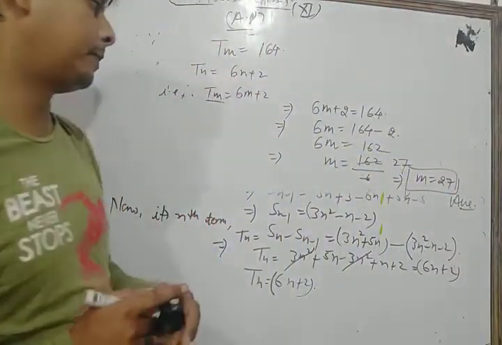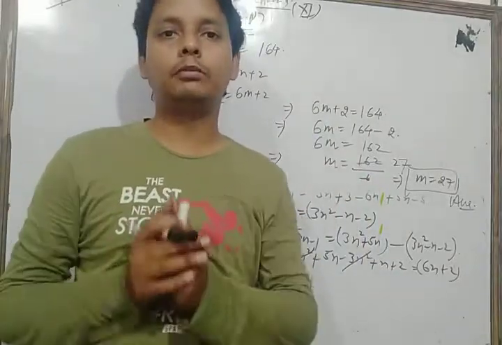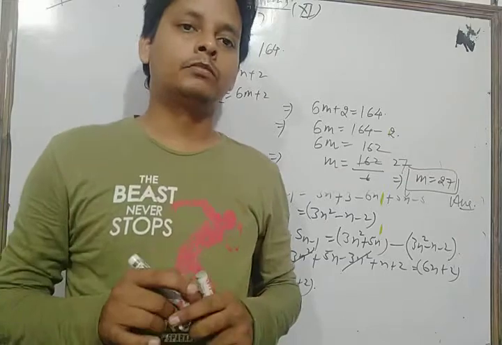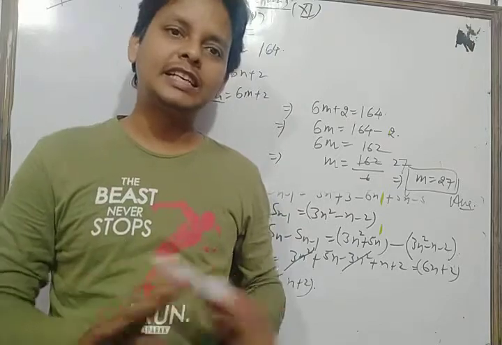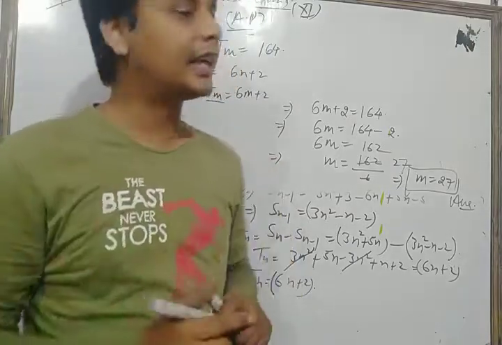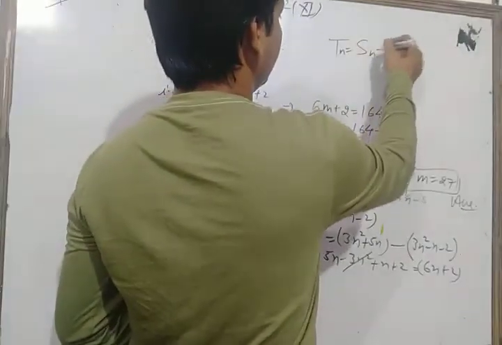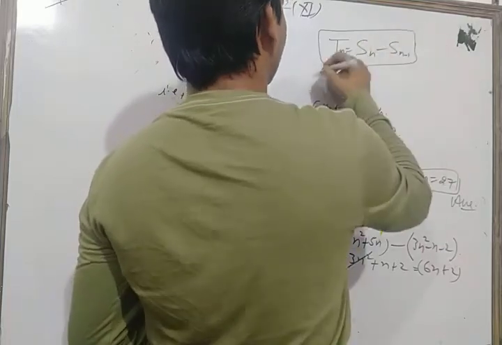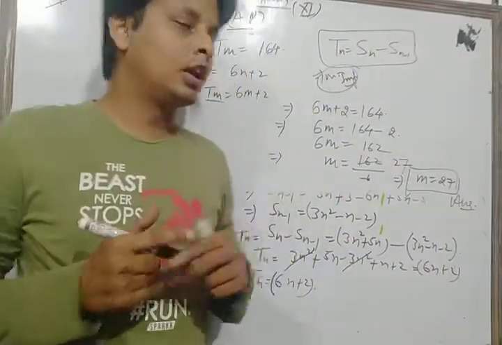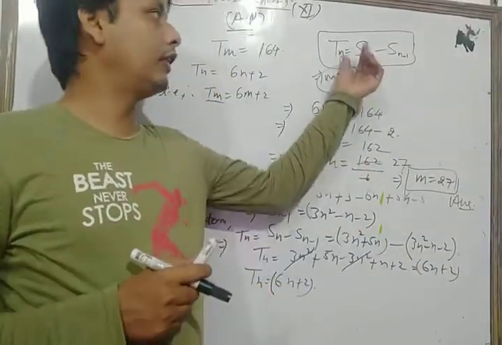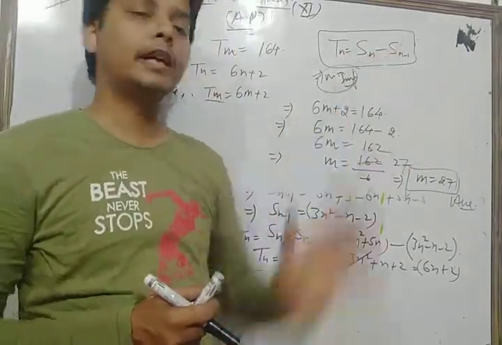Okay, so dear students, we can solve that type of question in this way. First of all, if the sum of n terms is given, then you find the sum of its n - 1 terms. Just replace n by n - 1 and you easily get the value of S(n-1). After that, for finding the nth term of this AP, you have the formula Tn equal to Sn - S(n-1). This is one of the most important formulas which you use in your questions.